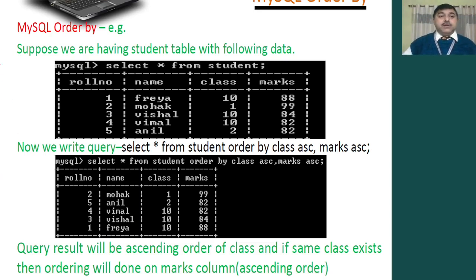So what does the ORDER BY clause refer to? ORDER BY means that we will give some condition, and based on that we will work on it. Suppose I give SELECT * FROM student, then what will happen? All the values of this particular table will be shown in front of us.